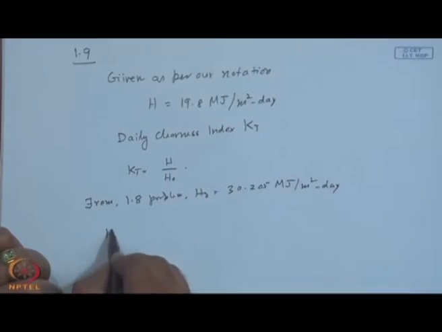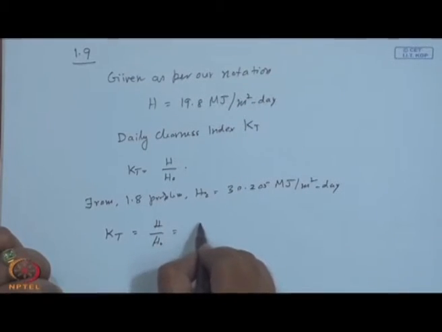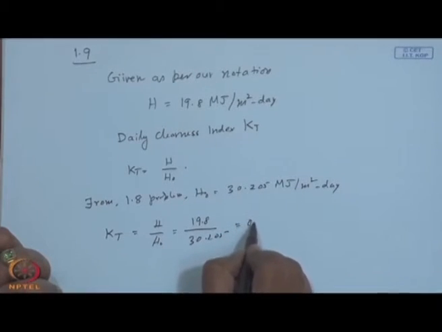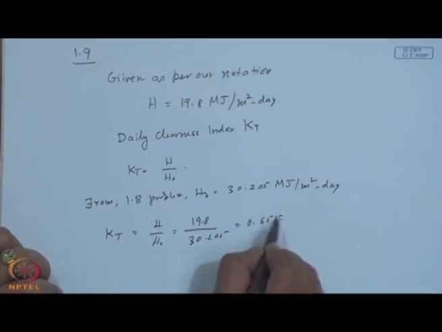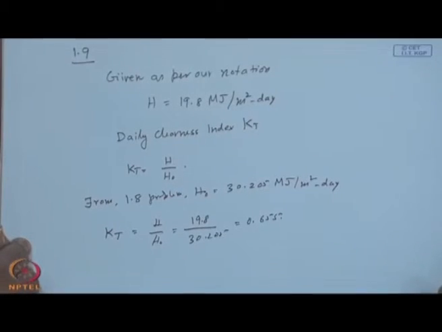So, your clearness index K T will be H by H 0, which is 19.8 by 30.205, equal to 0.655. So, it is not that it is a great calculation or problem, but the problems in